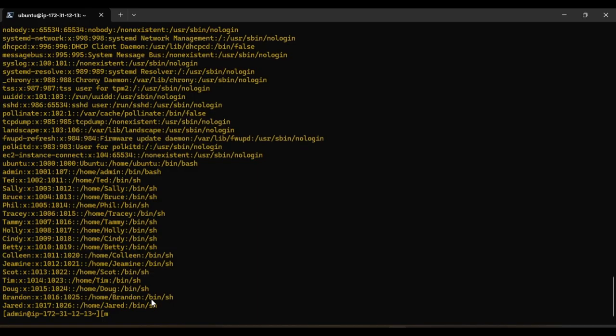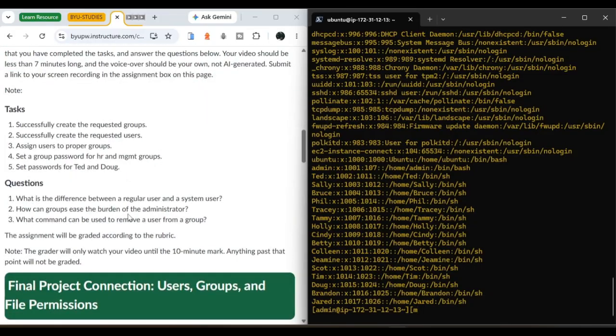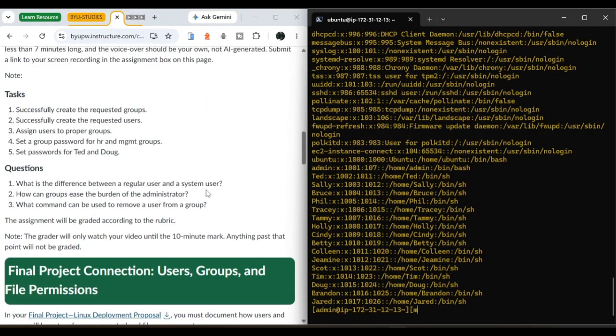So the question for this week is, what is the difference between a regular user and a system user? A regular user is a user that is usually created to log in and to perform certain actions in the system. They are given permissions in groups, and they usually have their shells and they can actually log in. But the system user is not meant to log in to the system, but rather to carry out